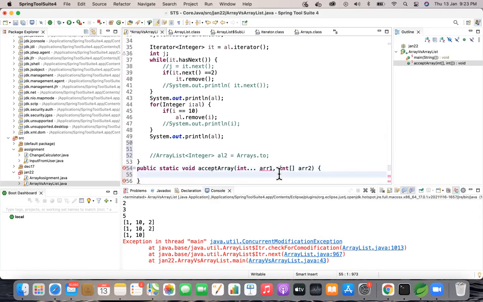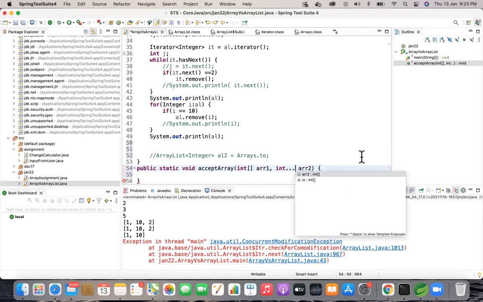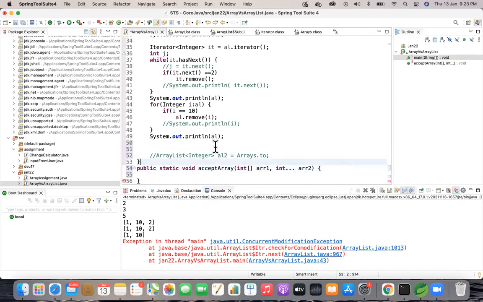So what is the error you're getting? See on the left: the variable argument type int of the method must be the last parameter. So you can represent that in your code, but it should be only one, and it should be the last, not in between or the first. This is just another way to represent your array.